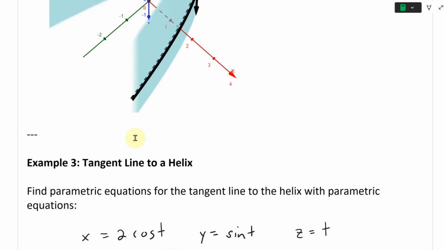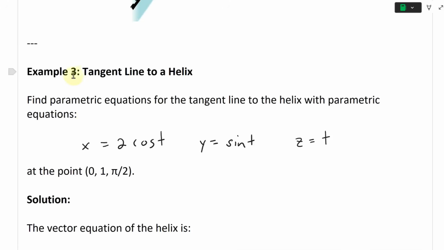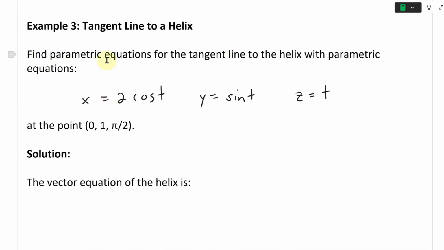All right, and continuing further, example 3, the tangent line to a helix. In this example, we're asked to find parametric equations for the tangent line to the helix with parametric equations x equals 2 cosine t, y equals sine t, and z equals t at the point (0, 1, pi over 2). Alright, so we want a tangent line, so we basically have to take a derivative, but first